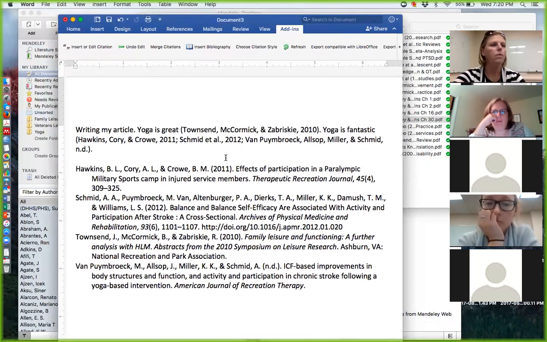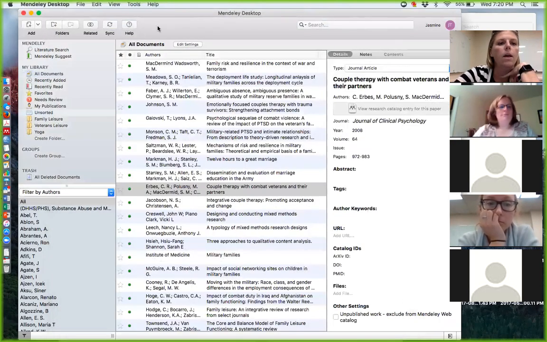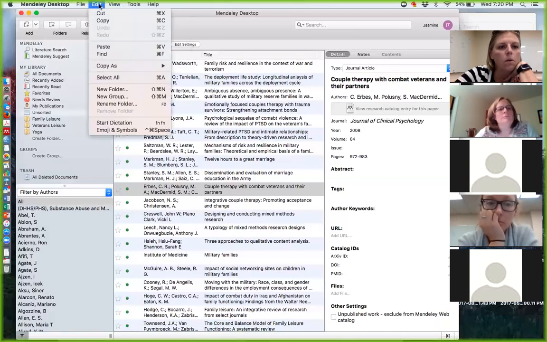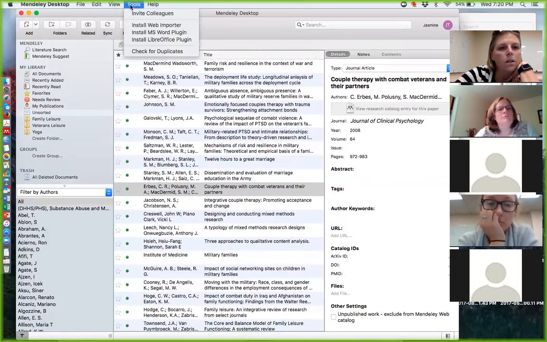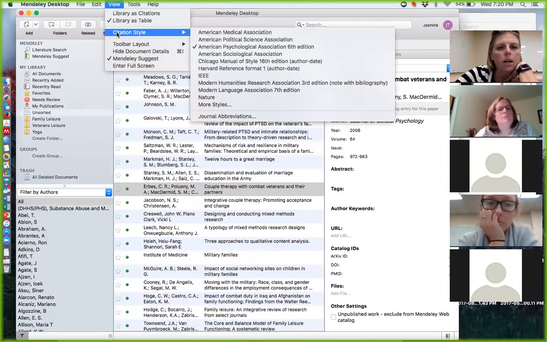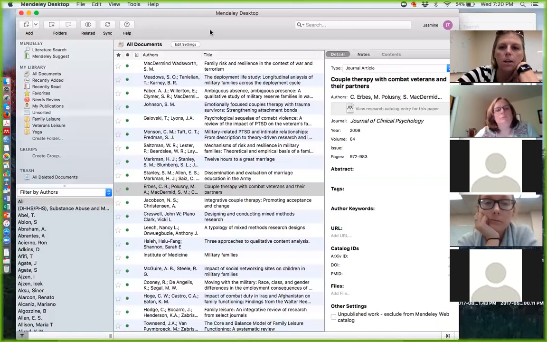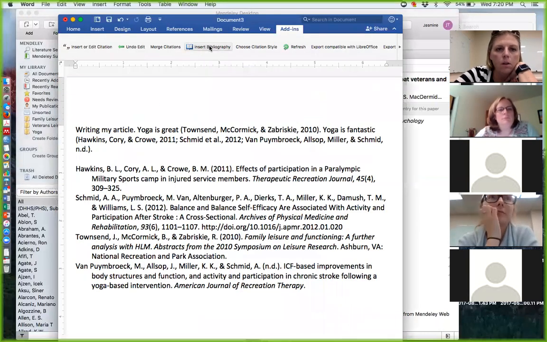And it's completely formatted to APA format because I told Mendeley way back here when I was setting up my library that that's what style I wanted it to use. So I went to citation style, APA. But let's say I want to do it in AMA style, right? Because that's what AJRT is. Well, I can select it here and it doesn't change anything in my library. But when I go to my paper,